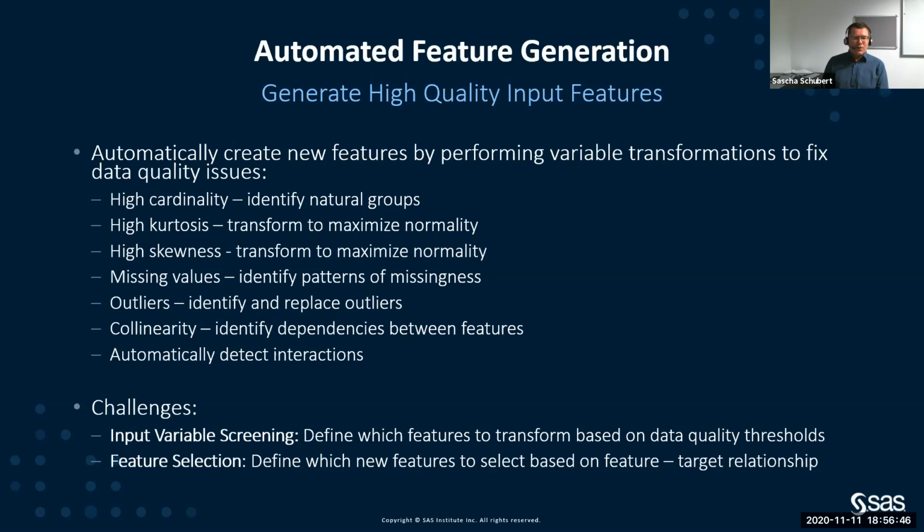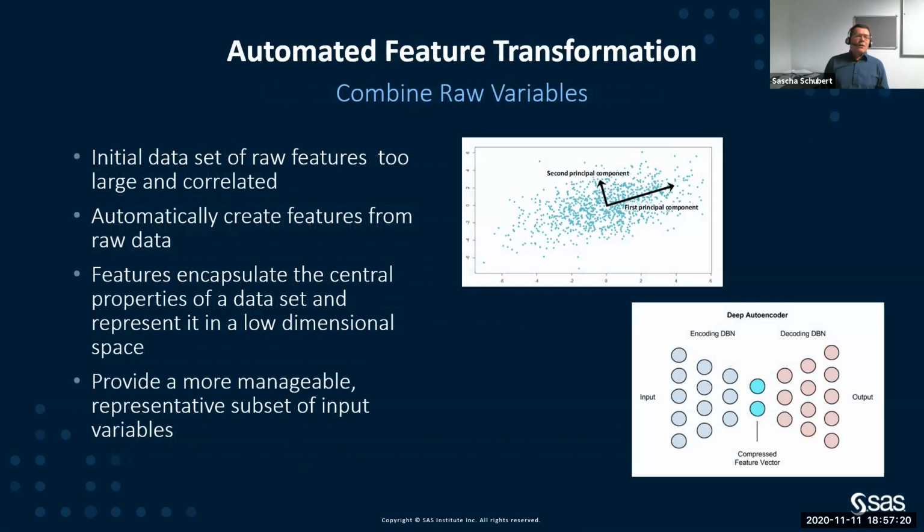And as I said, often these days data scientists deal with lots and lots of variables in their raw data. So if you have 100 variables in your raw data, and then, based on the automation, you create new features, you might end up with twice, 3 times, or 10 times that number of features generated from your raw data by applying all these fixes. And which set of those features you should actually use in your modeling project is something, again, where automation can help you. And then automated feature transformation is on top of your raw variables and your generated features.